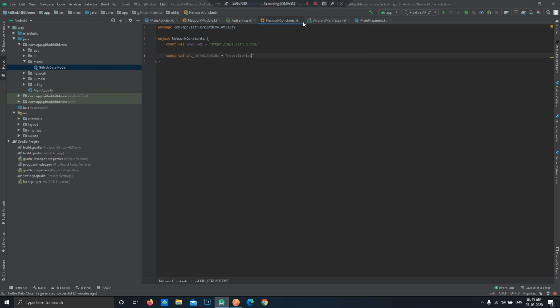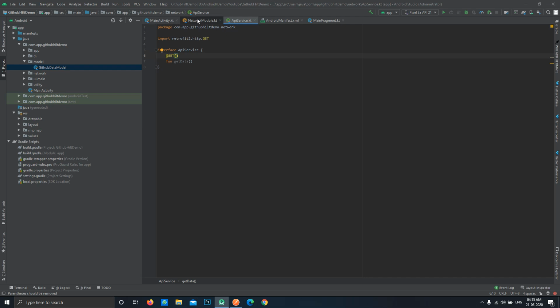So now go to your API service class. We have also created a dummy function over here. Now we'll be creating a useful function for calling our API. For that, in the GET annotation, we need to pass the URL for which we need to actually call the API.